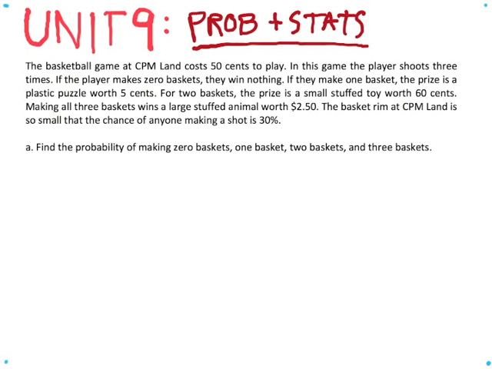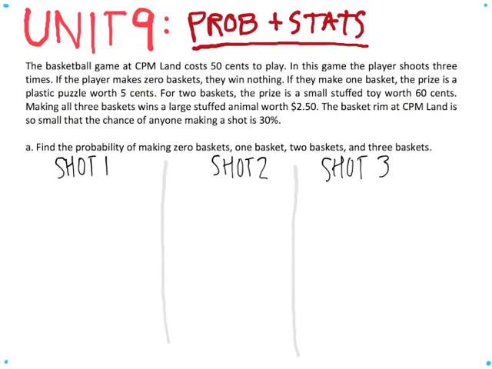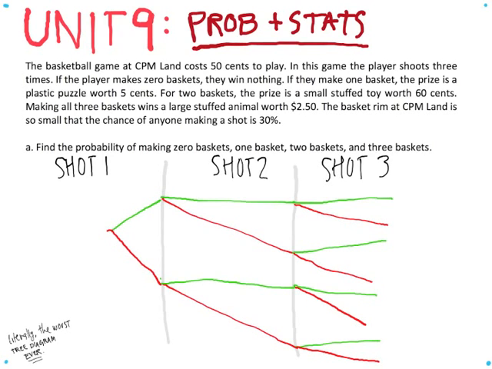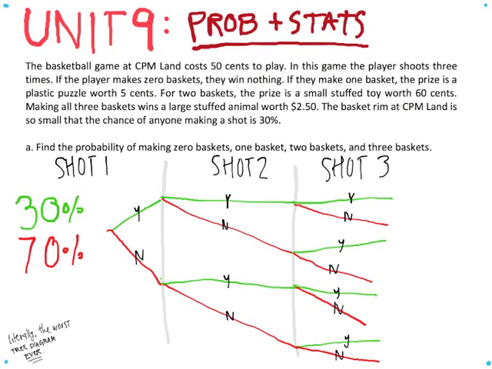Well, the first thing we need to understand is that there are 3 sort of event layers here. Shot 1, shot 2, and shot 3. Since there are 3 events, the best way to illustrate this would be via a tree diagram like so. The first time we shoot, we either make it or we don't, and the same is true for every subsequent shot. But we know that we only have a 30% chance of actually making it and a 70% chance of missing, so we can label each of these